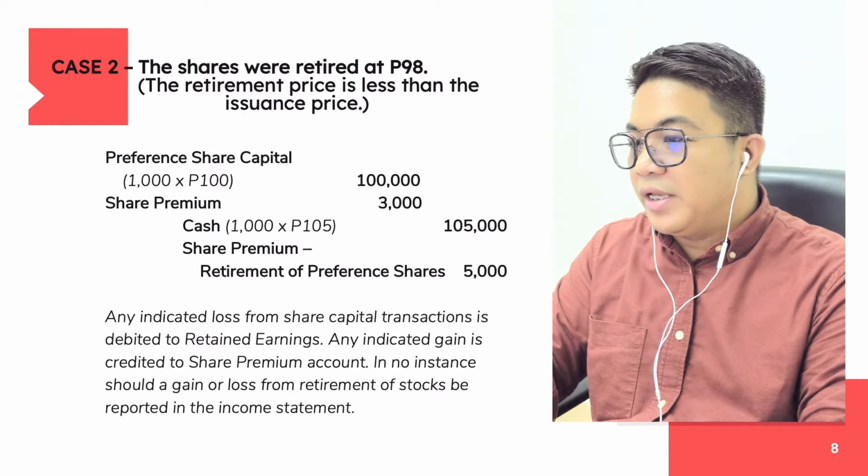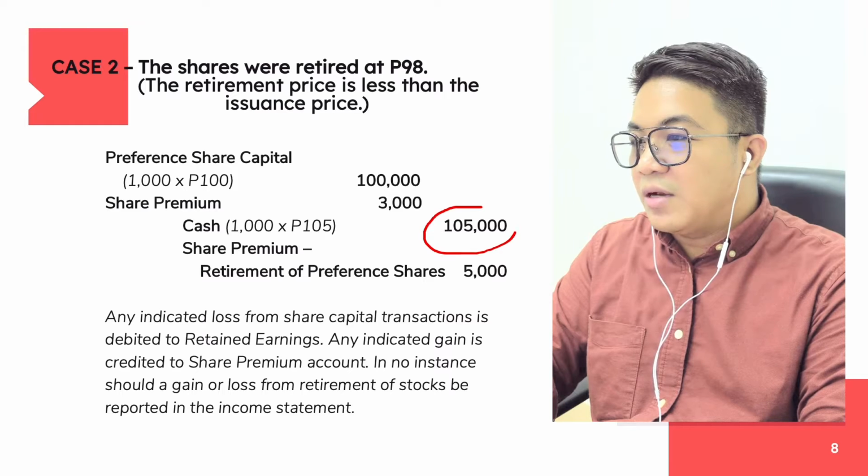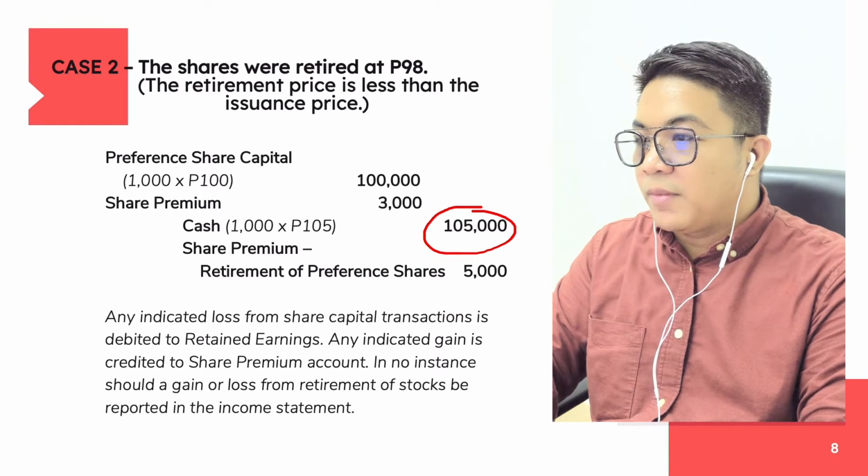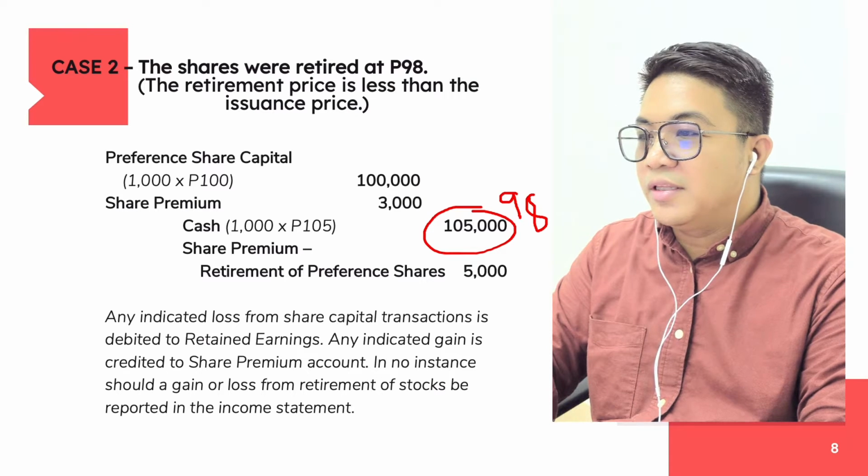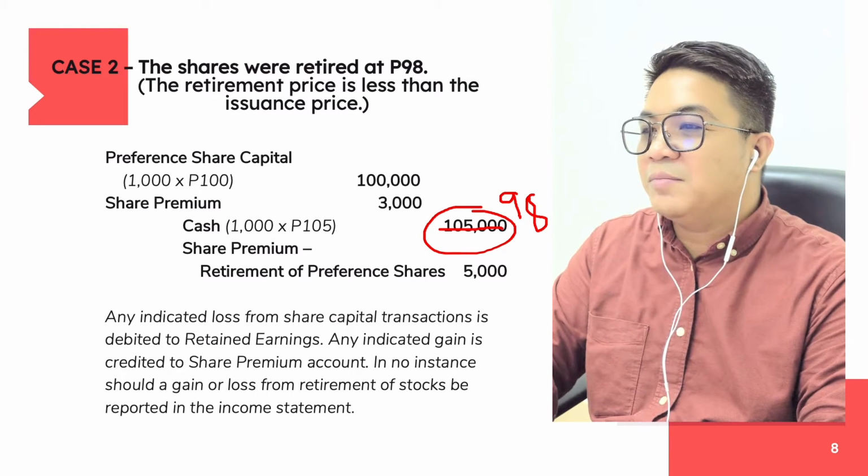So, this should be a 98,000, no? That should be 98. Okay. Ayan. So, dapat cross out ko na lang. Ayan. So, 98,000 plus mo yung